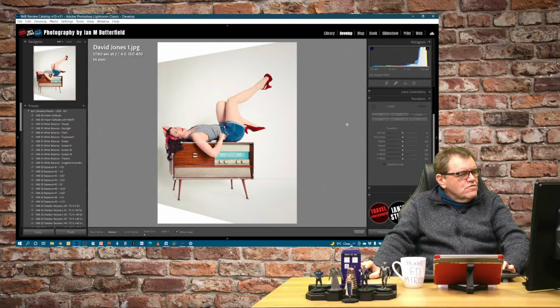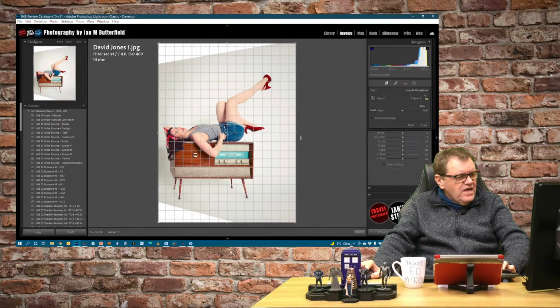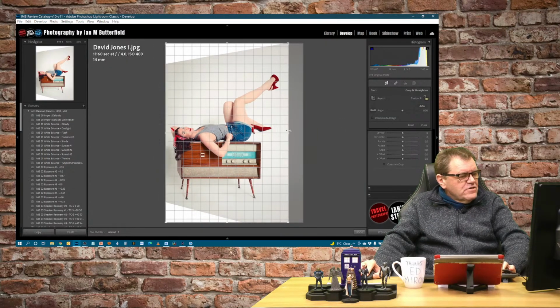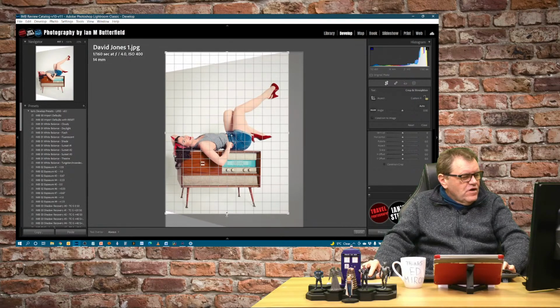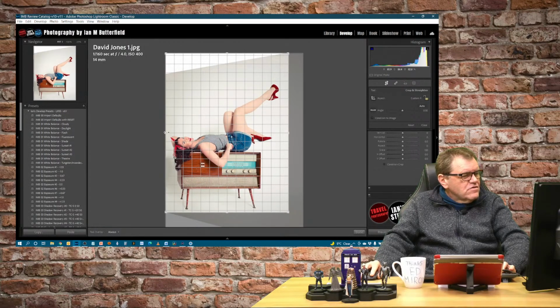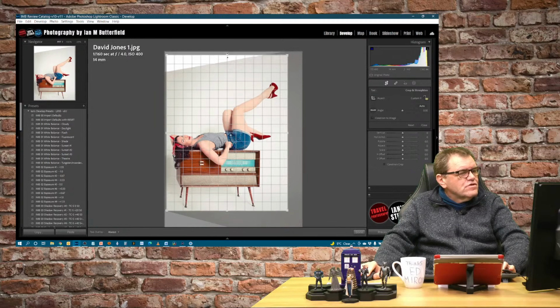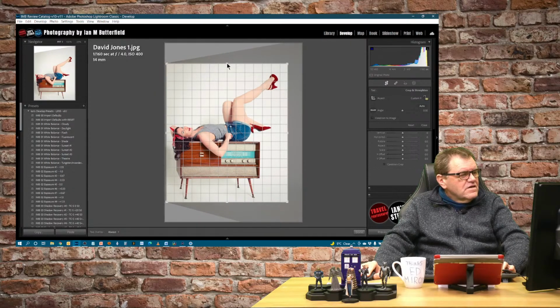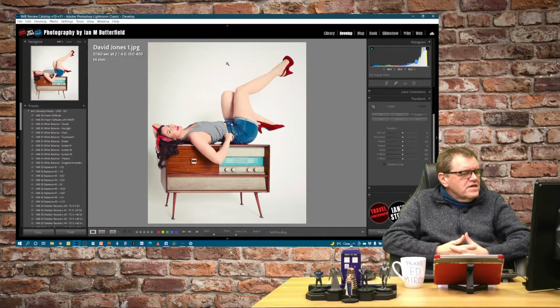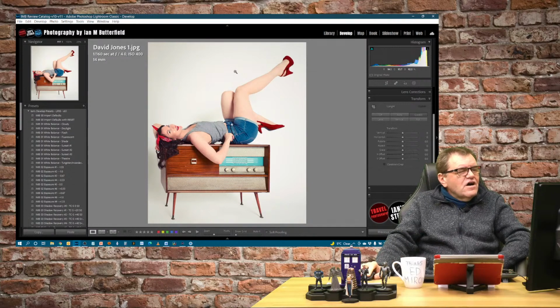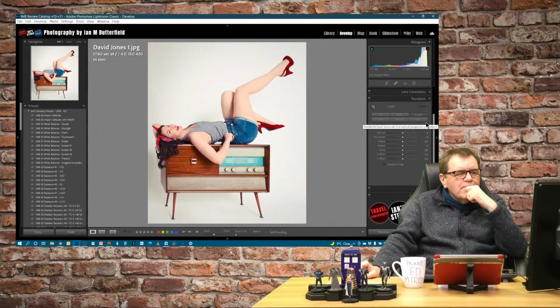Now, it has distorted the legs quite a bit on there, but just to give you a feel for what a straight-on version would look like, you'd end up with something like that. Now, legs are distorted in every sense here, both your model's legs and the legs on the radio, but that just sort of gives a feel for what's gone on there.